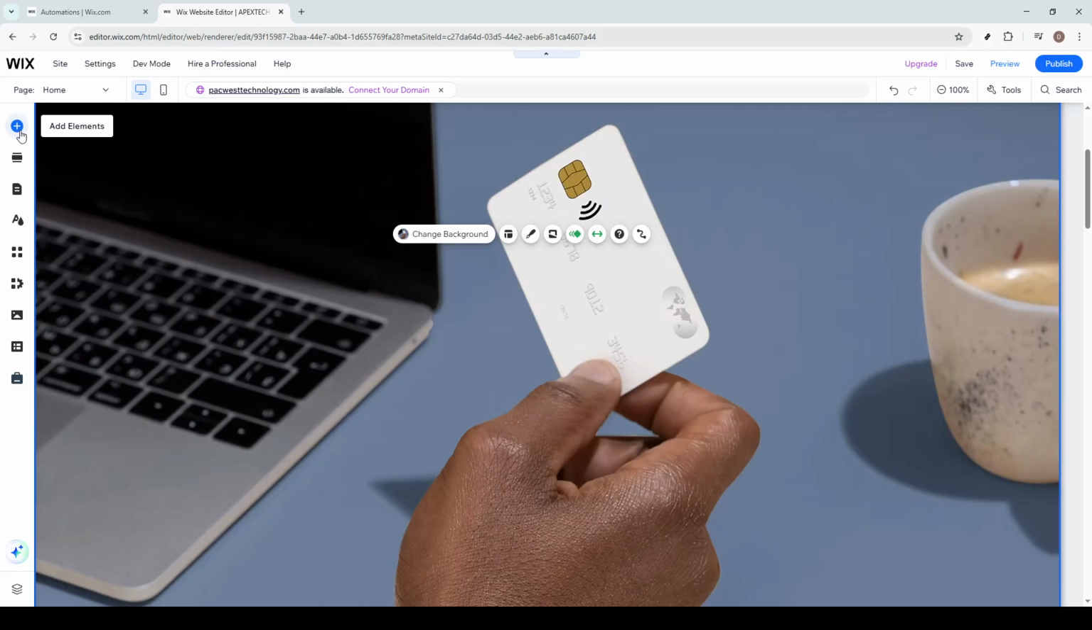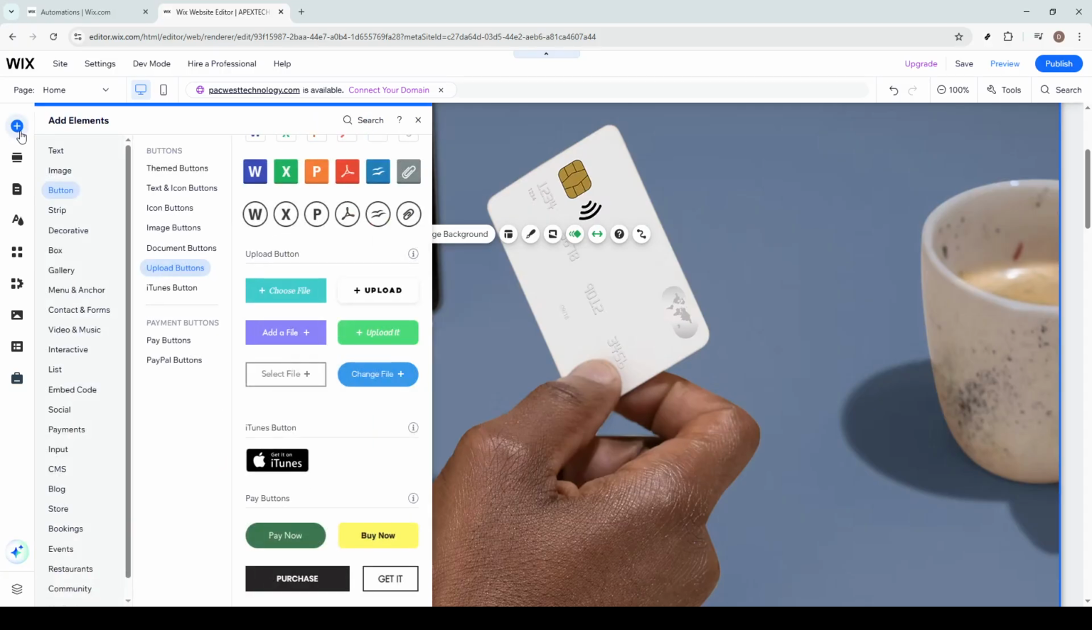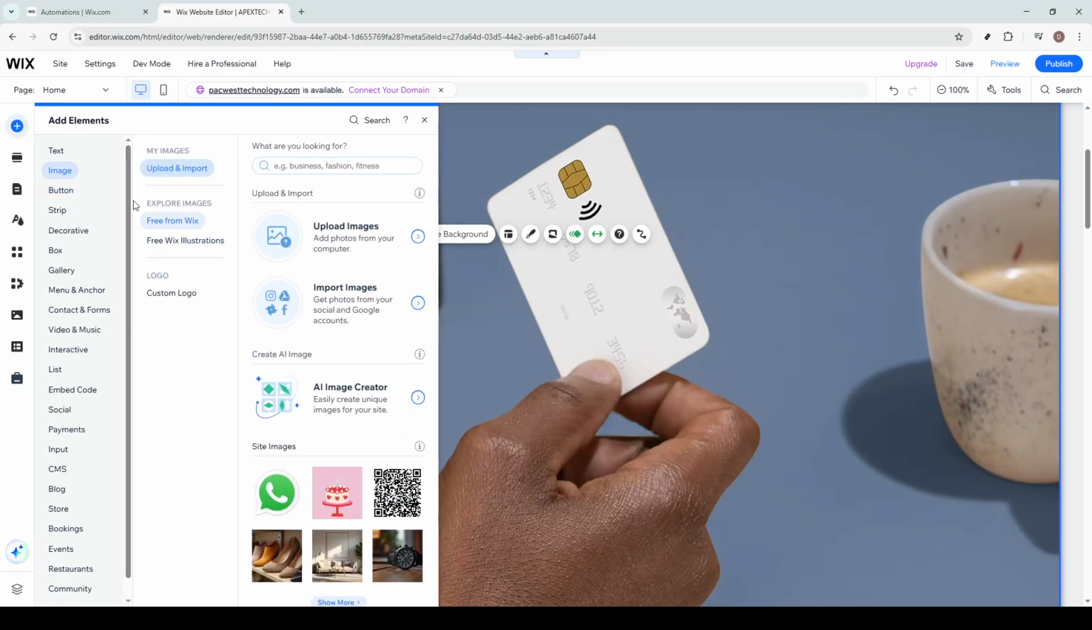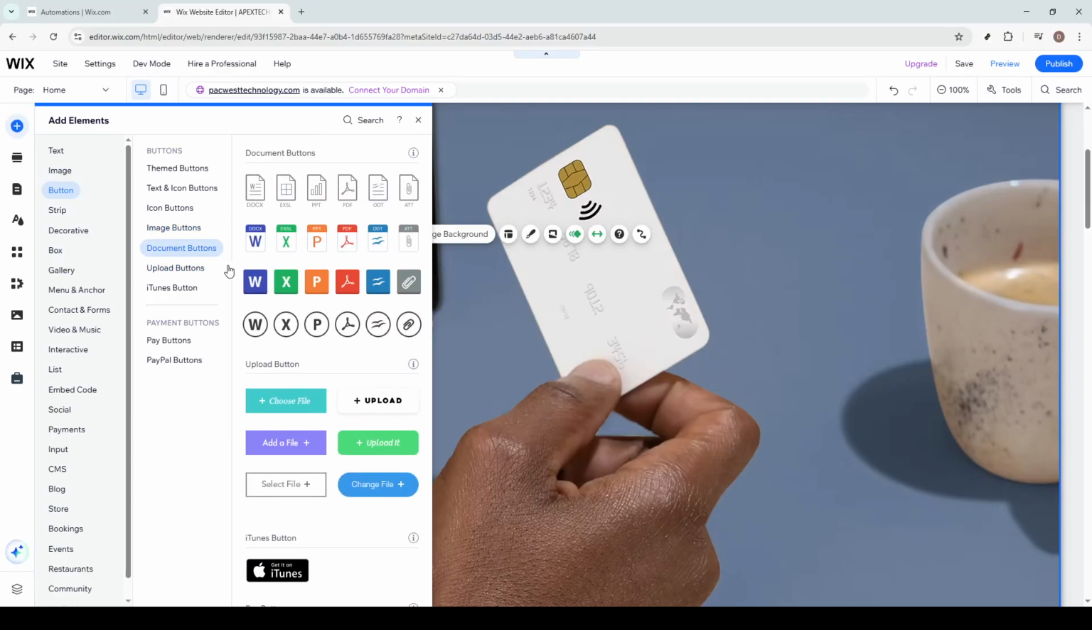On the left-hand side, click on Add Elements, then select Button from the options. Next, choose the Document button, which is designed specifically for file downloads. After that, browse through the available styles and select your preferred design so that it matches your website's look and